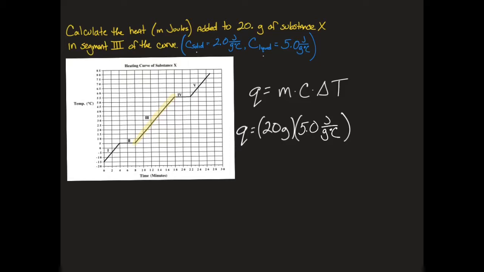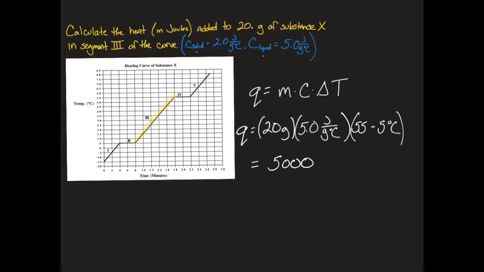And then lastly, we have to get our delta T, which is going to be T final minus T initial. And if we look at the graph, not look at the glass, look at the graph, our final temperature for this segment is about 55, and our initial temperature of the segment is about 5. So that delta T is going to be 50 if my math is correct. Okay, and then we're just plugging in the calculator, doing 20 times 5 times 55 minus 5, which is 50, and we come out with